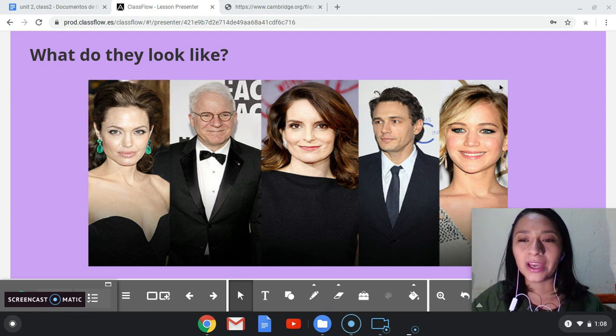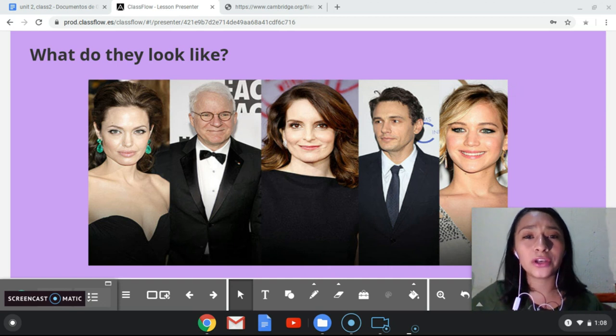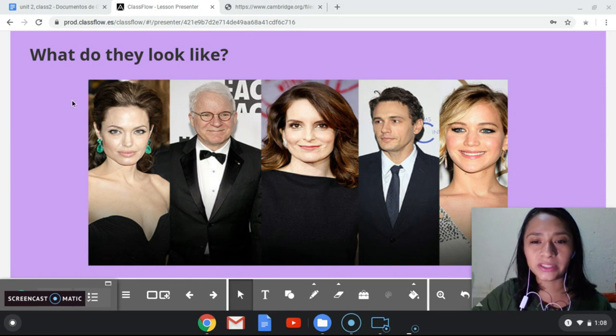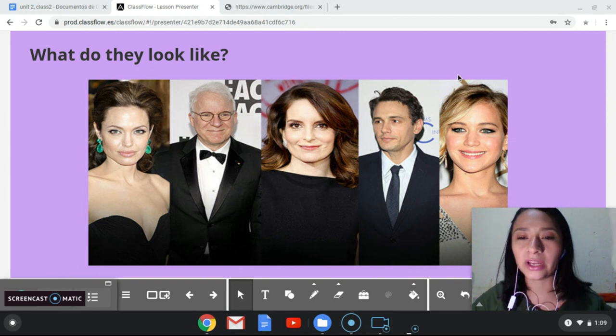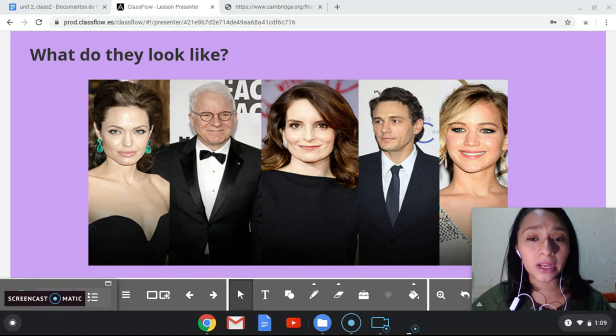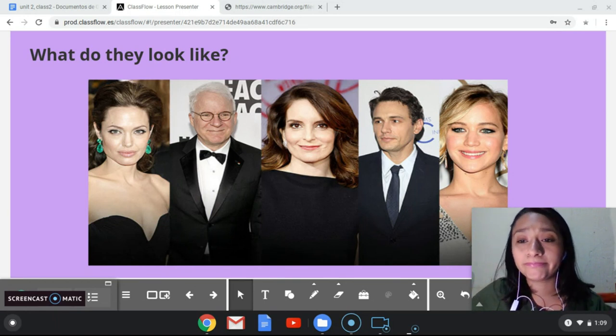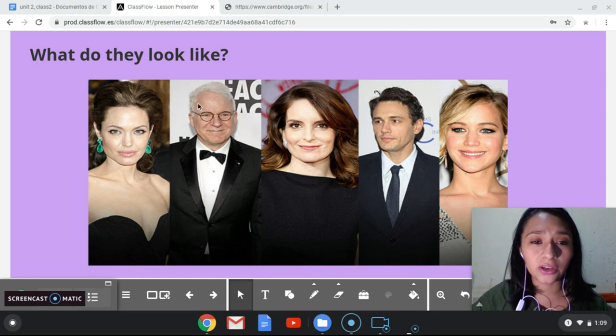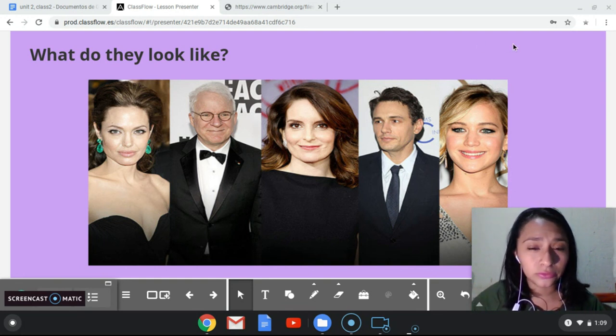So, as you can see, I want you to think about what they look like. What does this person here look like? This girl, this boy, all these people. What do they look like? They are all different, right? Some of them are middle aged. He's the only one elderly. The girls, two of them